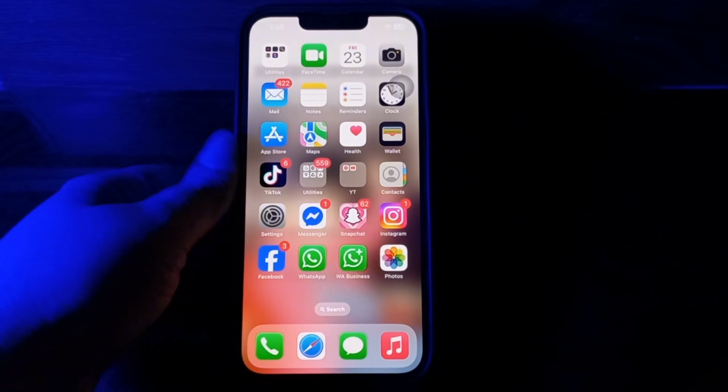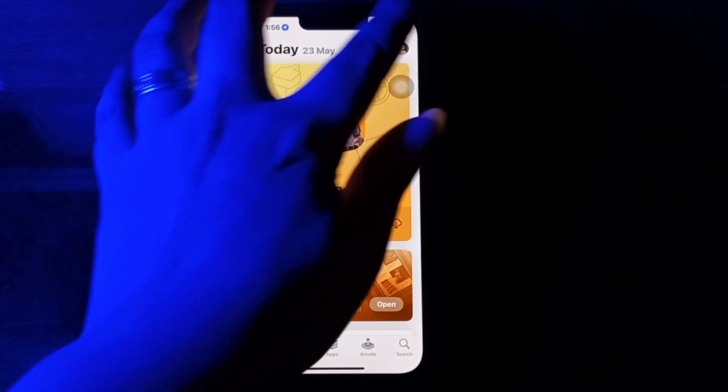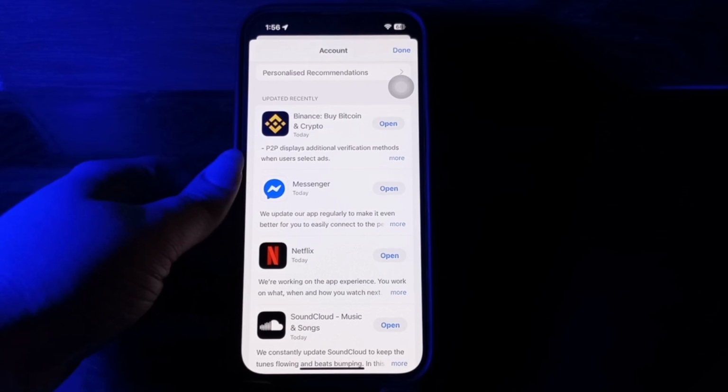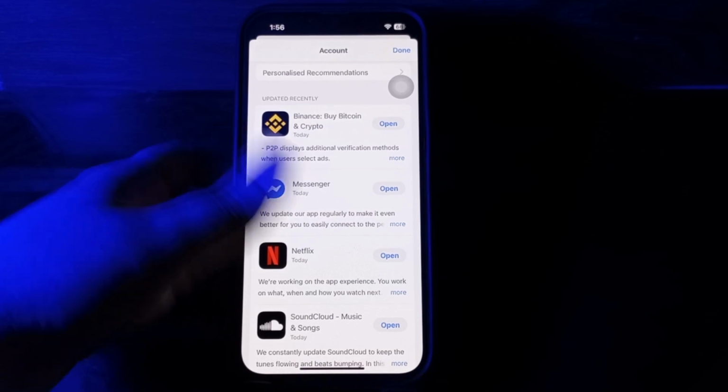For this, open the App Store on your iPhone and then tap on your profile at the top right corner of your screen. Next, scroll down. Here you will see the apps. If any apps need to be updated, tap on Update All and update all the apps on your iPhone